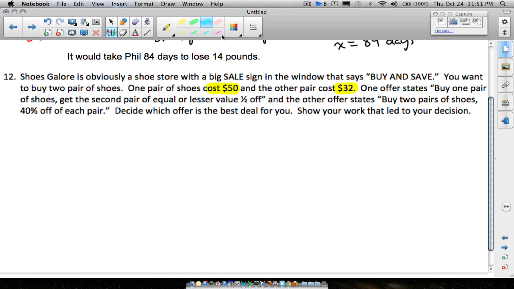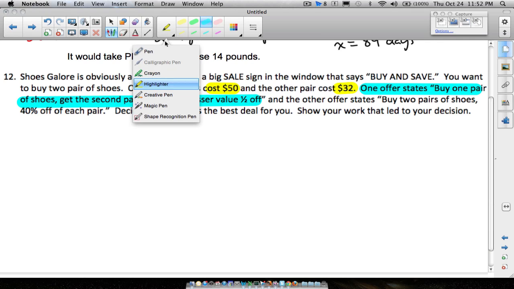Let's show your work. Now, I don't want to see all the calculation. I just want to see some basic setup. So let's look at the first offer. Buy 1 pair, get the second pair of equal or lesser value half off. That is very common. I see that kind of sale going on in stores everywhere, especially shoe stores. So you buy 1 pair of shoes and you get the second pair of equal or lesser value. That means if you have these 2 pairs of shoes, you got to buy this pair here at full price according to this offer right here in blue. But what happens though, we buy this pair for 50 bucks, we get this one for 50% off.